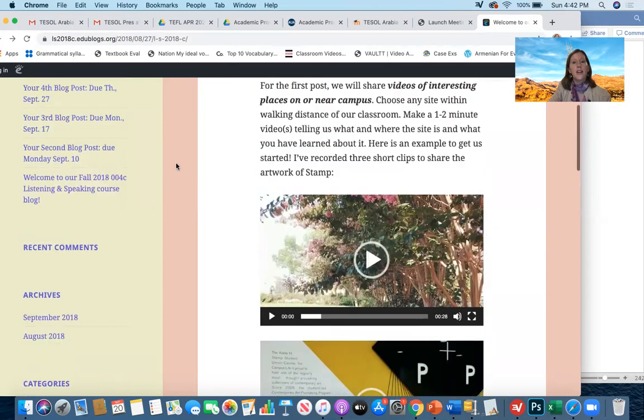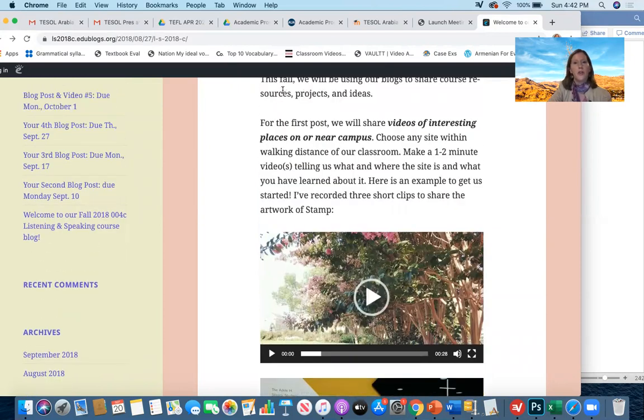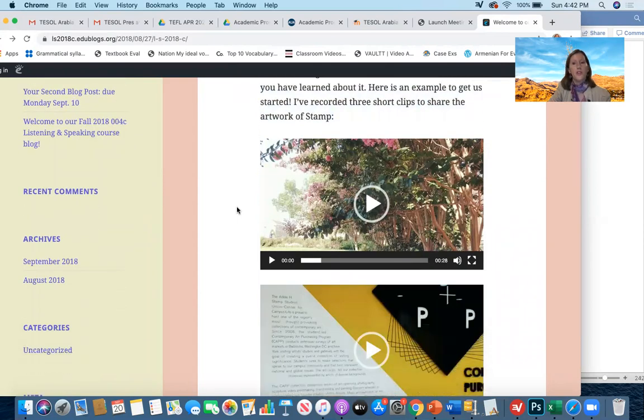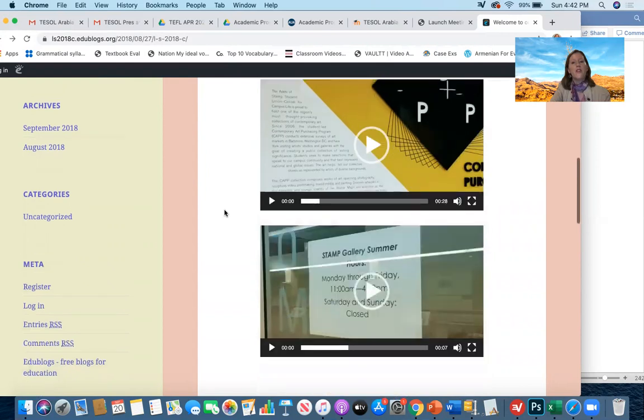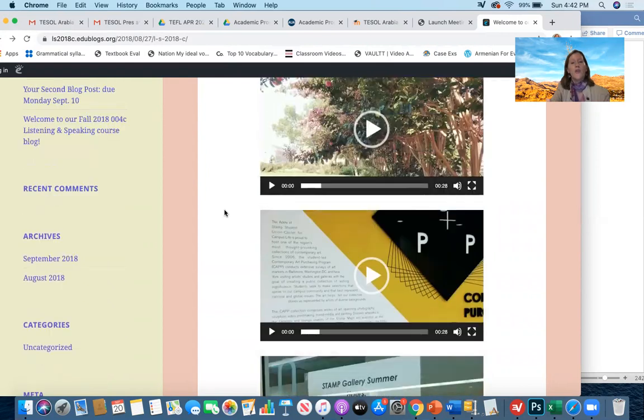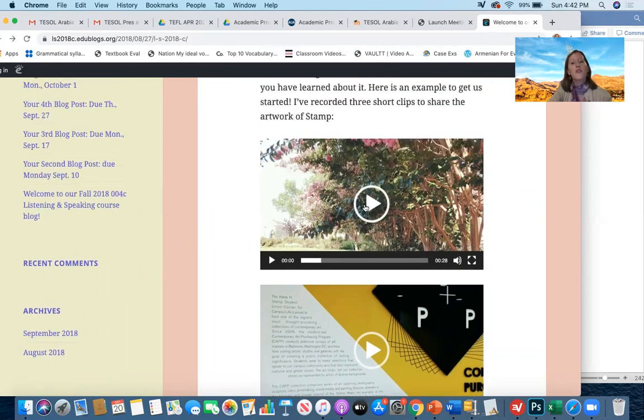So here are my instructions, as I said, in the first part of the blog. And then I had short videos to show them samples of what I'd like for them to do. One of our graduates is Jim Henson, creator of the Muppets, so there's a statue of him in front of this student union. I made a video about that, and then a couple of brief videos of the art galleries explaining how the exhibits are available for them to just walk in and enjoy, and to show them what was currently there. I'll just play the first few seconds of this one to give you a sense of what I did.